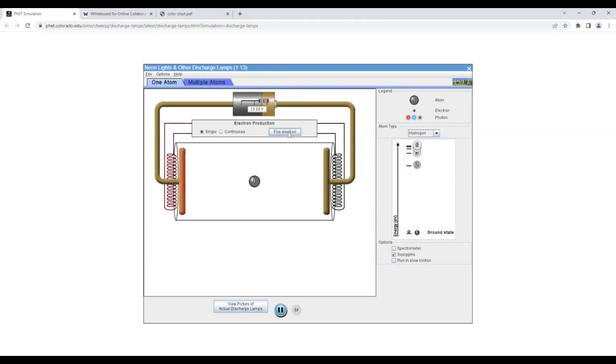So we can fire electrons one at a time, but that's slow. So we want to go to continuous mode at 24%. So we're going to turn it up one notch. And then for our first voltage,